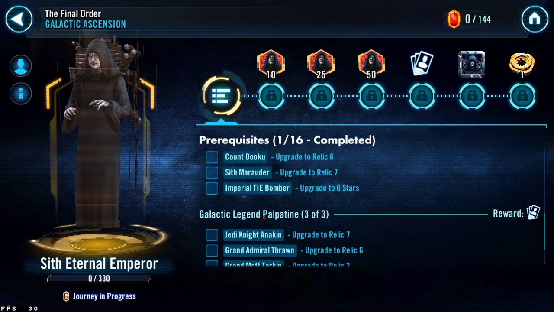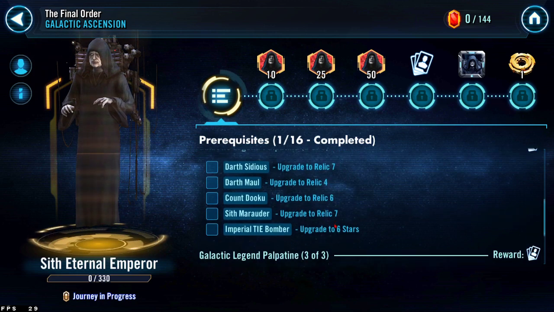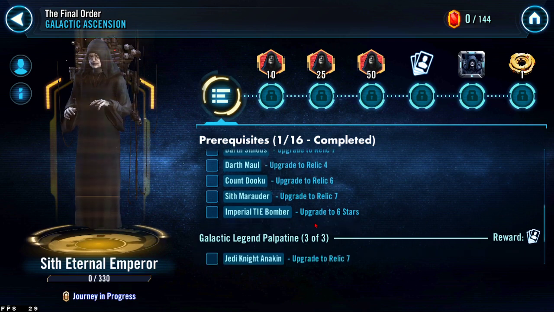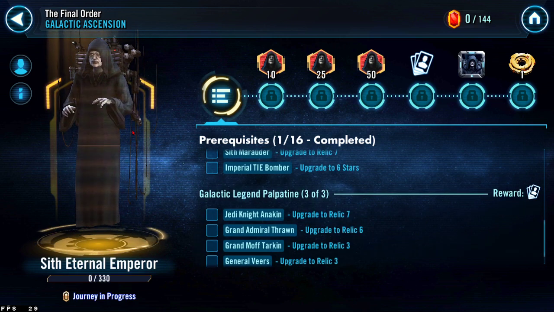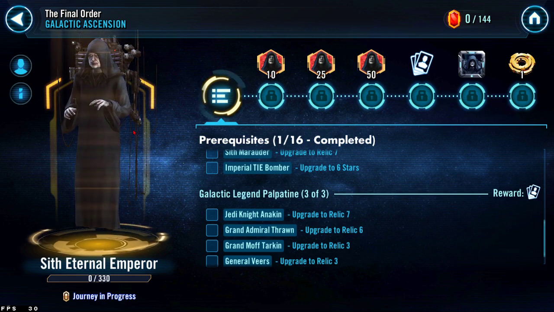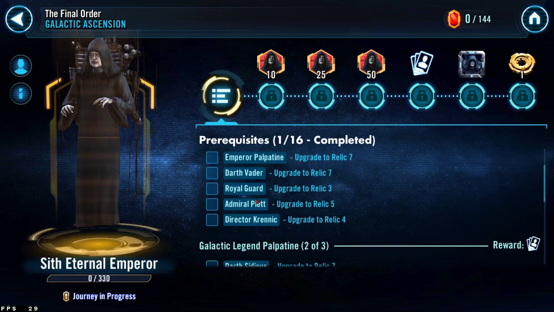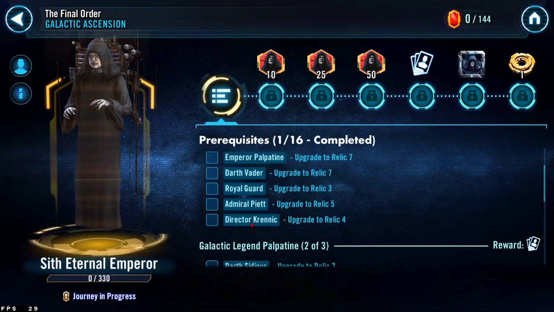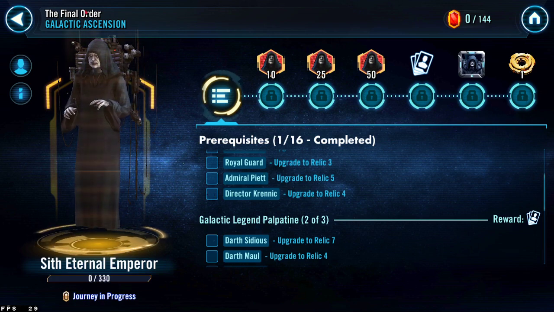Now remember, you are eventually going to have to come in here and farm out the Darth Sidious, the Darth Maul, the Count Dooku, right? You're going to have to bite the bullet on these characters eventually in order to get to the Sith Eternal Emperor. It's just kind of a fact of life. So preparing for that as best you can, so that way when you get into it, you already have characters you're happy with, and the grind is already halfway complete, is really going to make your life a lot easier,